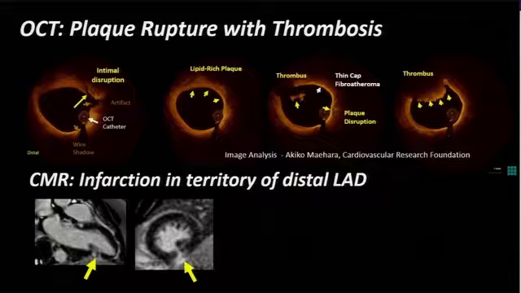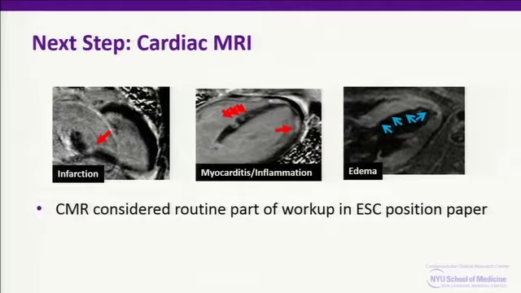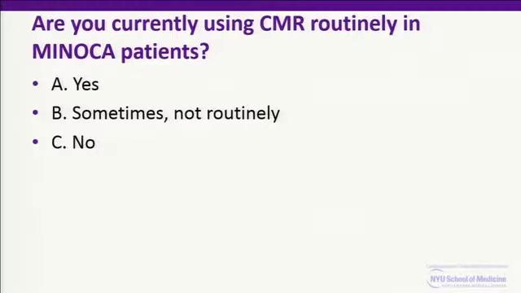So a lot of instructive things about this case. MRI tends to be very useful in these patients. It helps us to figure out if there is something that looks like an infarction with a vascular cause, or if it looks like a non-ischemic cause, and the edema can even be helpful, even if we don't have late gadolinium enhancement. This is considered part of the routine workup in the ESC position paper,